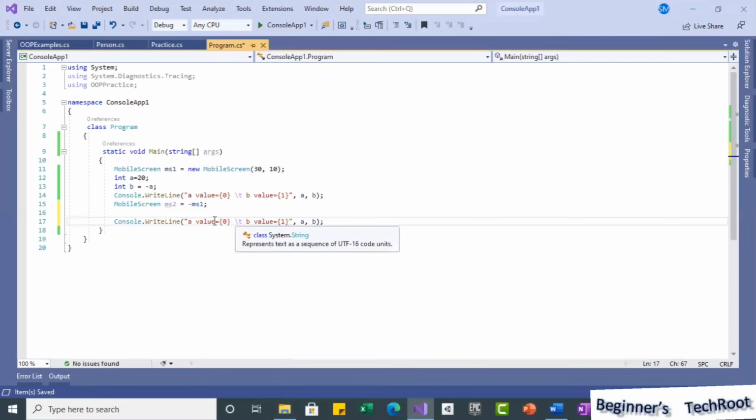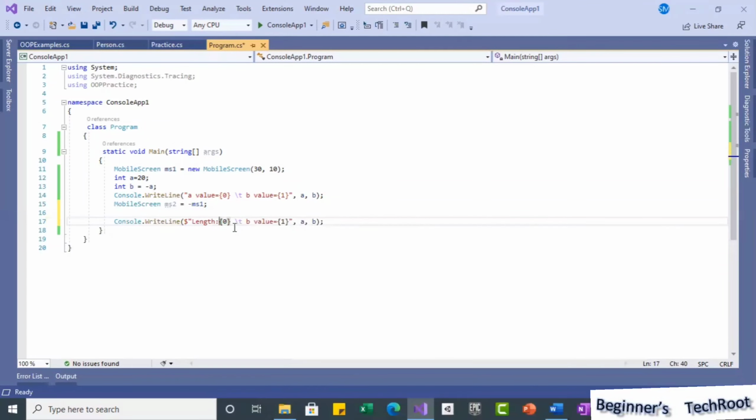So now what I will do, I will use it with the dollar string, length. So what is the length now? I am going to display both the first object and second object, mobile screen 1 object and mobile screen 2 object.